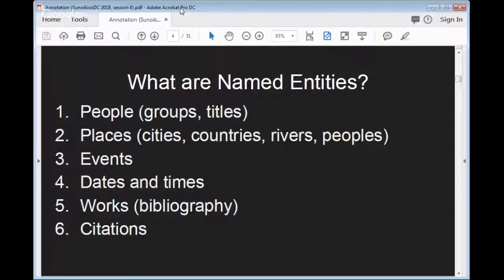So if a text includes the name Socrates, we might want to say which Socrates in history or potentially contemporary people is meant by Socrates in that particular passage. And these entities can be people, places, events, dates and times, works. You can have bibliographic named entities, and citations, cross-references to passages.